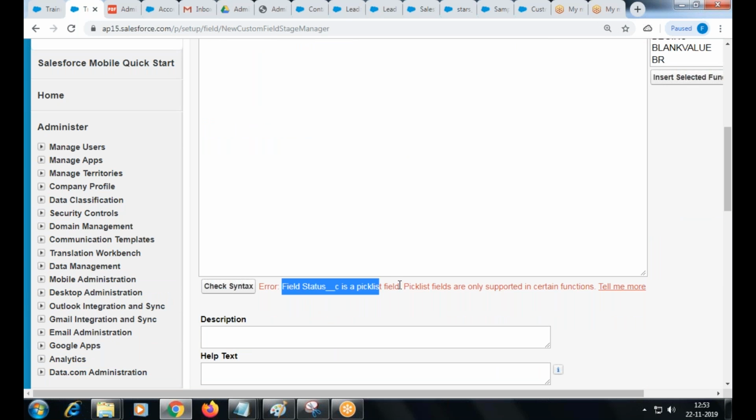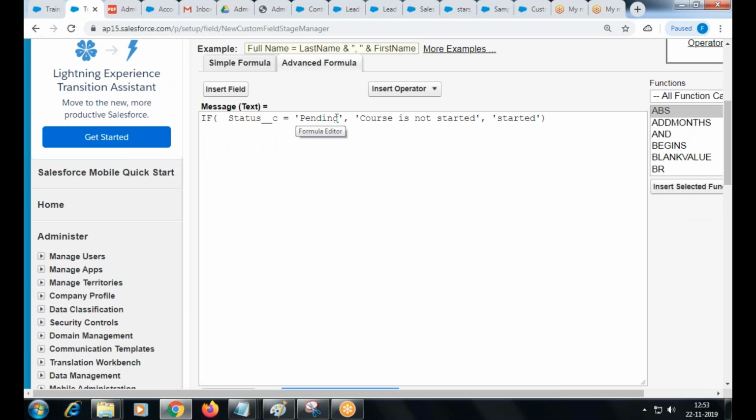So what it shows actually, it's a pick list field. Any pick list field you are using, you cannot compare like your text field. Only the text field or number field, you can just give the field name on the left side and what needs to be compared on the right side. In the case of pick list, every option contains a space and a carriage return character, right? When you give the options for the pick list, how many maximum characters can you have in one option? 255, which includes space and a return character. So that cannot be considered as an option. That's not a text field actually.